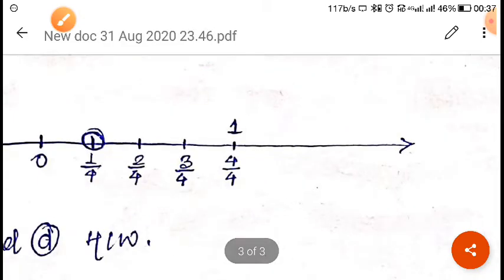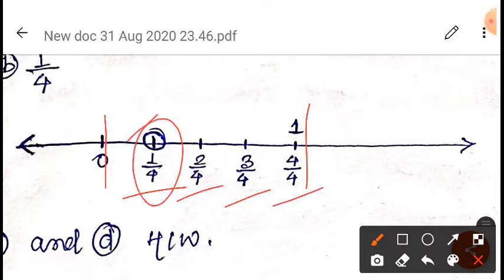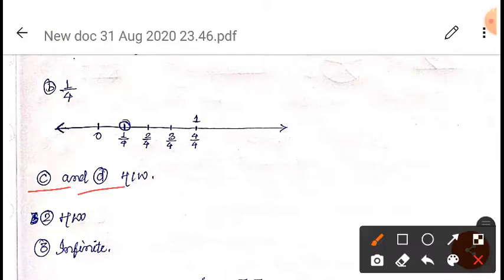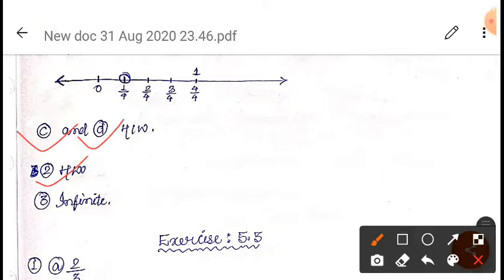So I have written here, you can see, from 0 to 1 it will be 1 by 4, 2 by 4, 3 by 4 and 4 by 4. So 1 by 4 will come here. I have done 2, and the rest I have left for you. You do questions C and D at home. For question number 2, you can also do it at home, or else you can leave it, no problem, but you try that one. I will give you the answers in the next class. First of all, try to send me your answers in the group.